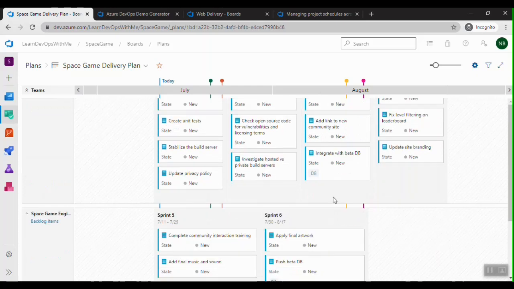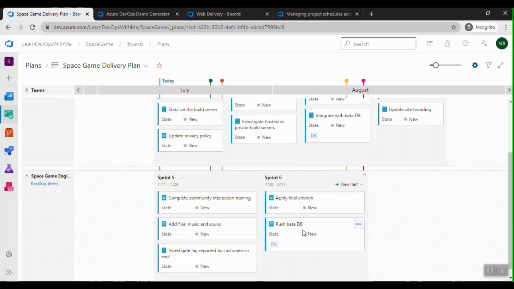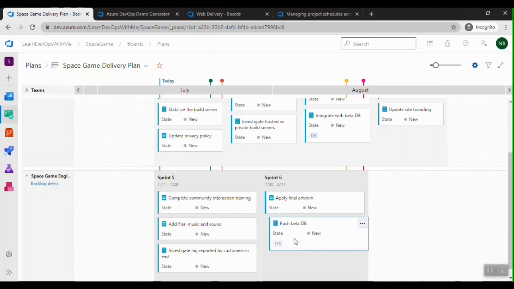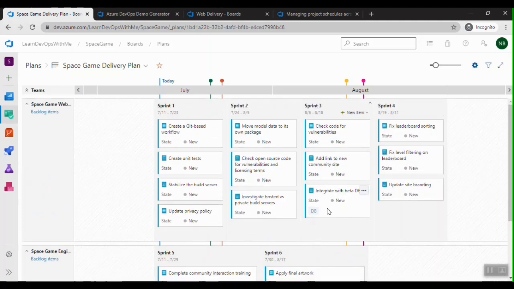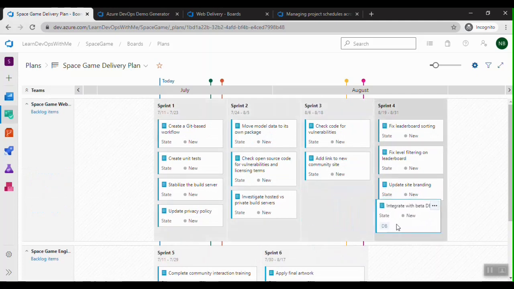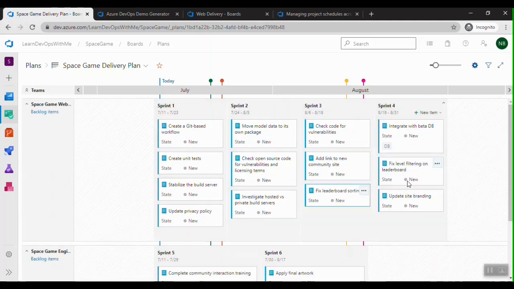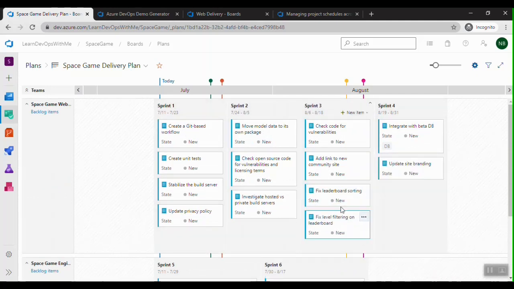So what we can do is, maybe we can say that we want to do this before, in sprint 5, or we can push this product backlog to the next sprint. We may have some bandwidth left that can be utilized to fix the bugs. So I can drag and drop here.